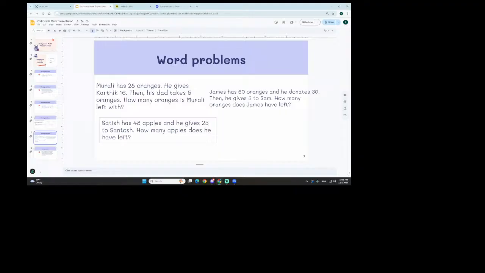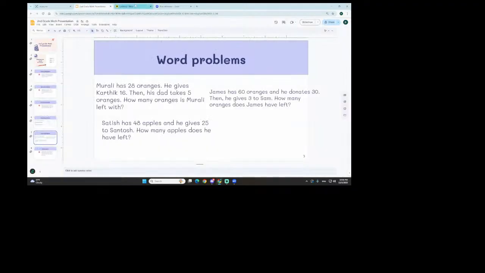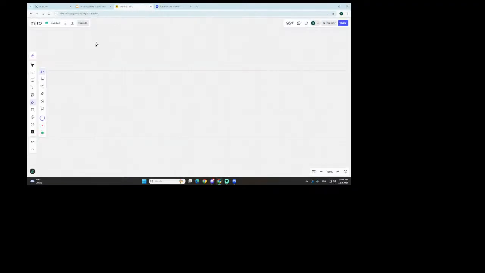Okay, number 3. Satish has 48 apples and he gives 25 to Santosh. How many apples does he have left? So let's think about this. He starts with 48 and he gives 25 to Santosh. That's minus 25. So if we're starting with 48 and giving 25, we can do this,